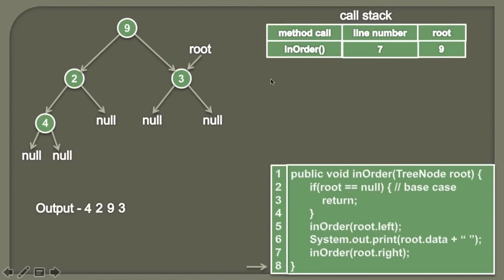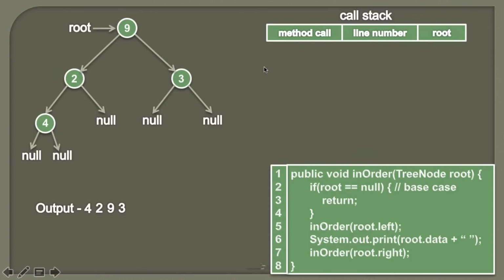So friends, now the execution point reaches to this inOrder method, and we'll start executing from the line 7. And we also know that when we are executing this method, root was pointing to 9. Therefore we'll simply traverse root to 9. And then we simply process all the steps for this inOrder method. So now this will be removed from the stack. So friends, as we know, there are no methods left on this call stack. Therefore we have successfully executed the in-order binary tree traversal, and the output you can see is 4 2 9 3.